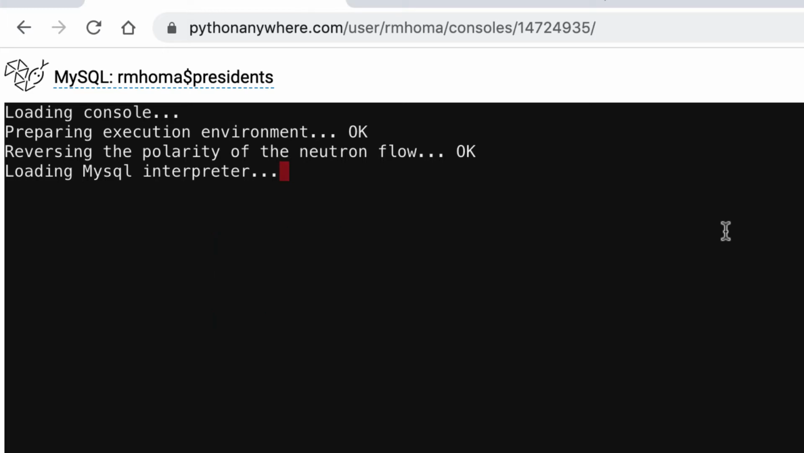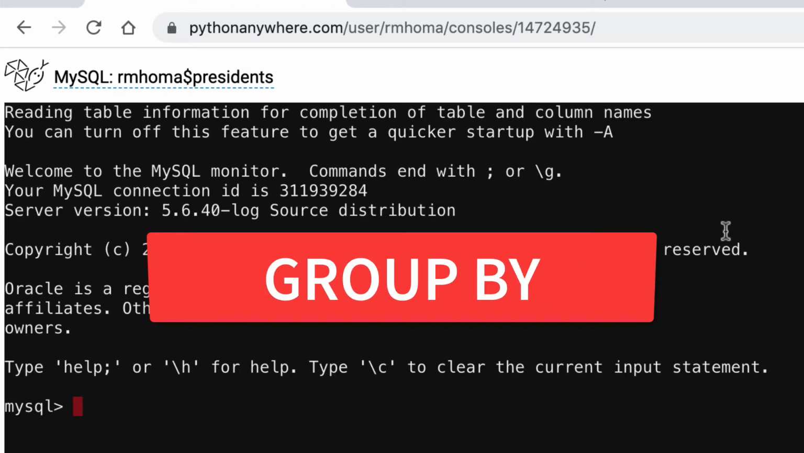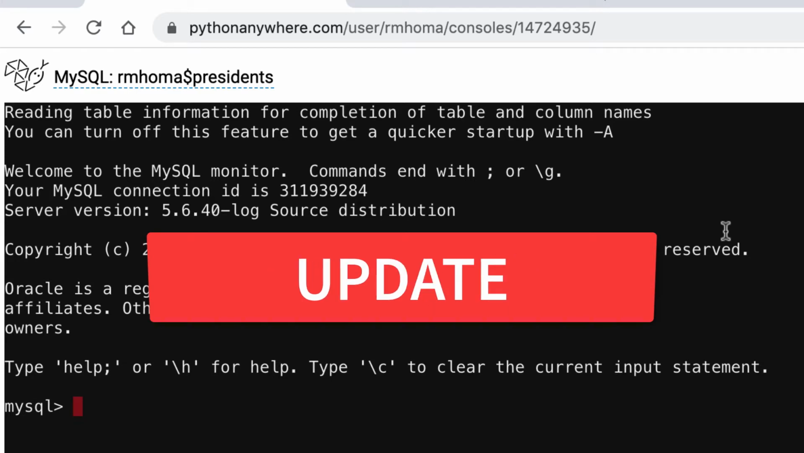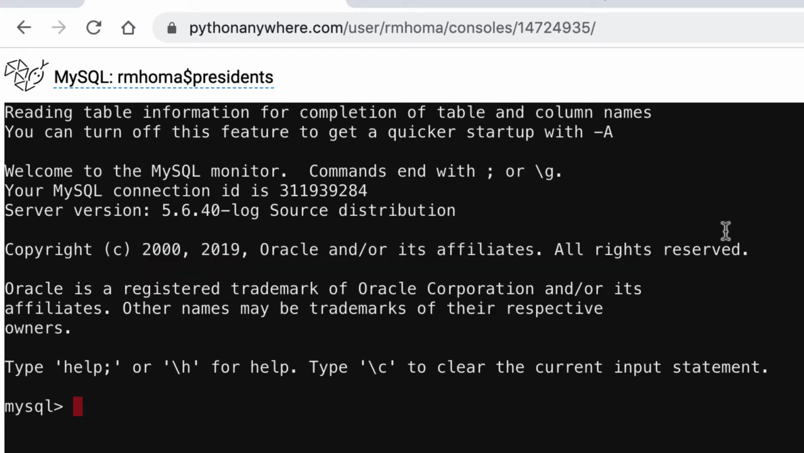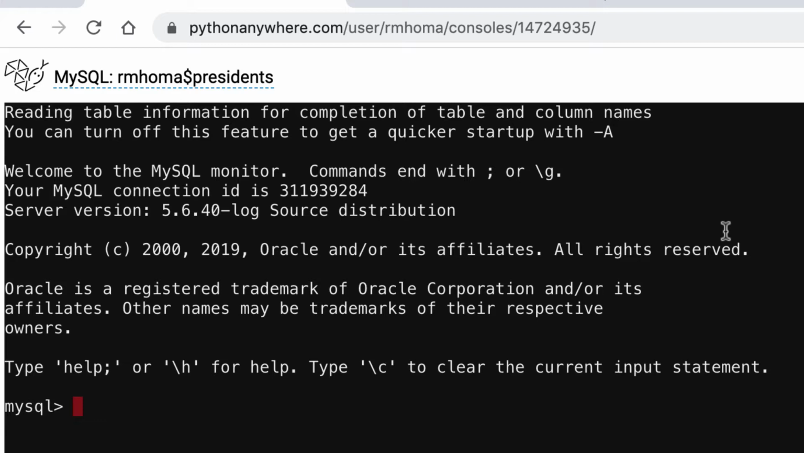So what we're going to do right now is focus on the where clause a little bit. We're going to use the group by. We're also going to use a count function, and we're going to update a record, and we're going to alter our column name in the table. So we're going to do a couple things here, focusing on the years in office, the party, and the college of the presidents, and just run some different queries on those topics